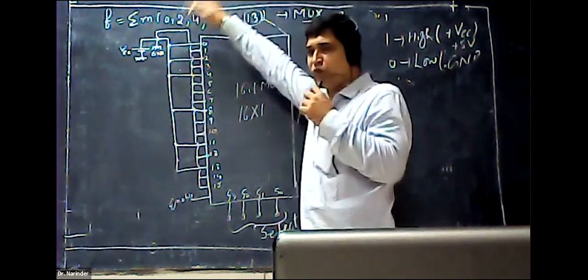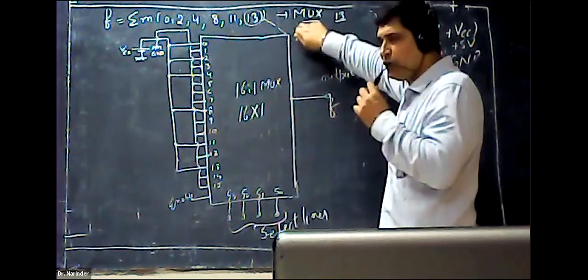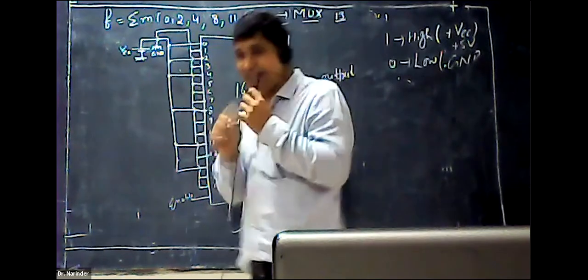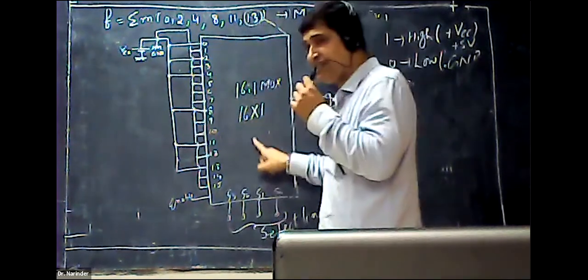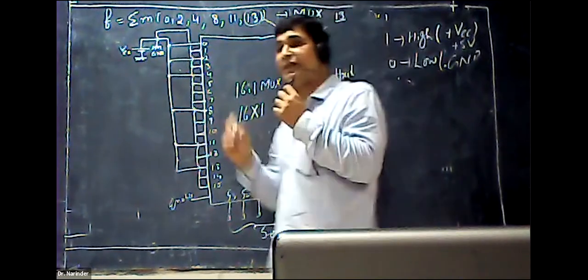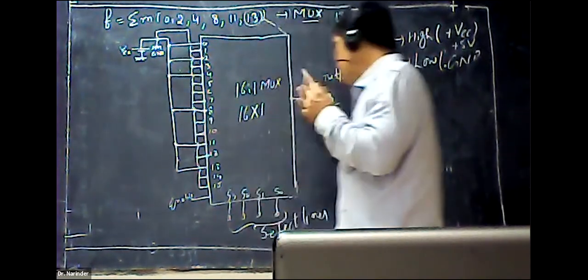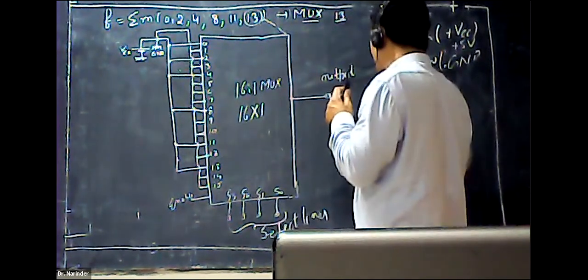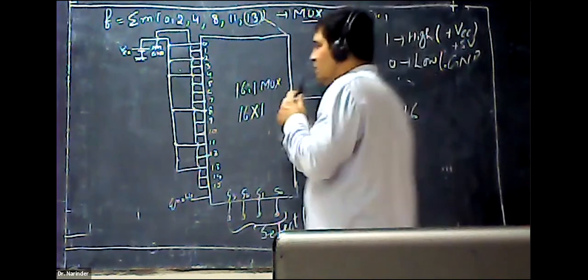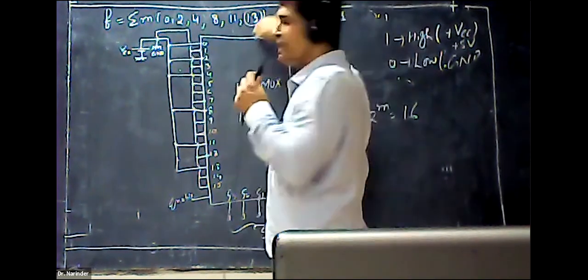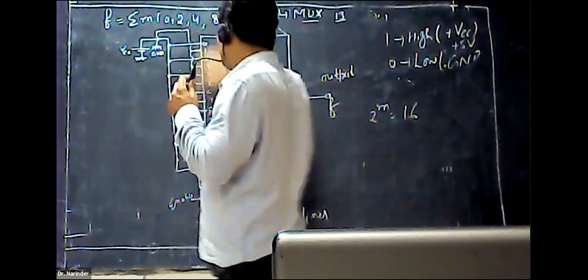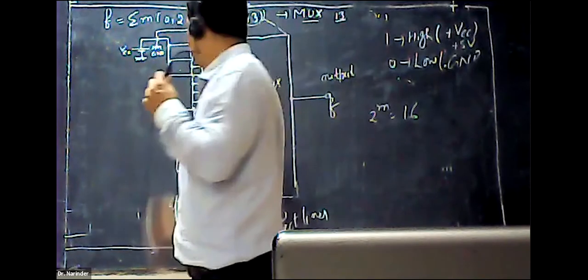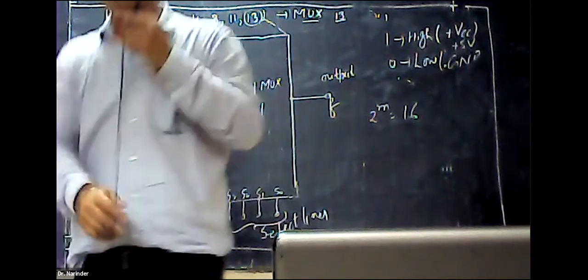So whenever you have to implement any expression, first of all you have to understand which multiplexer is required. The multiplexer required is 16:1. Then you have to find out how many select lines are required. The select lines required are 4, by using this formula, 2 raised to power m equal to 16. And whatever values have been given should be connected to VCC, and the rest should be connected to ground. In this way, we can design the multiplexer.